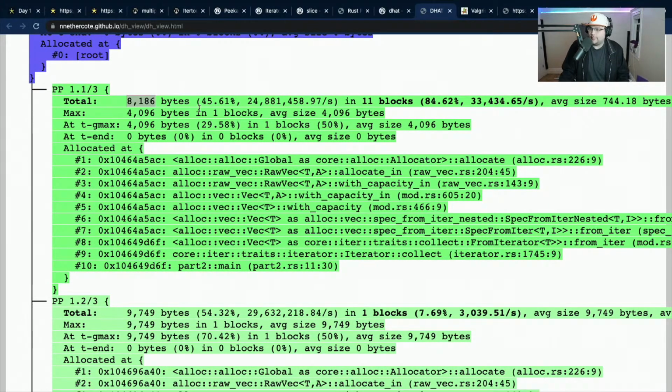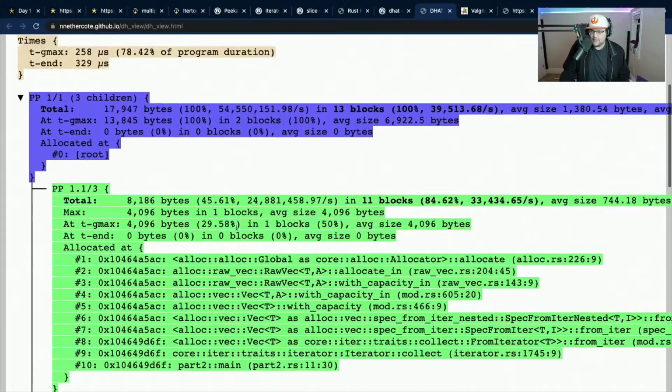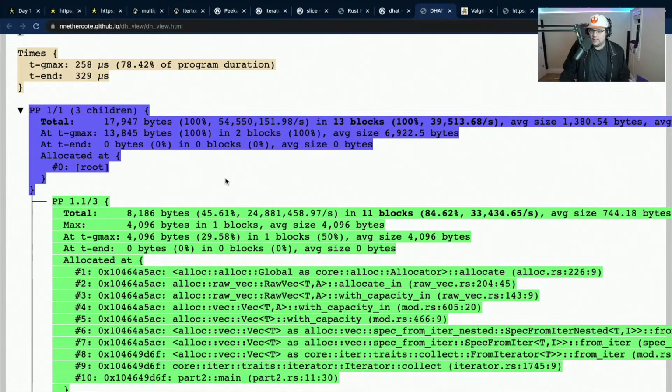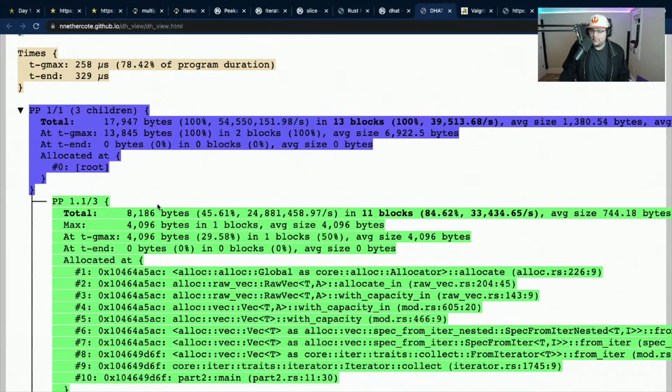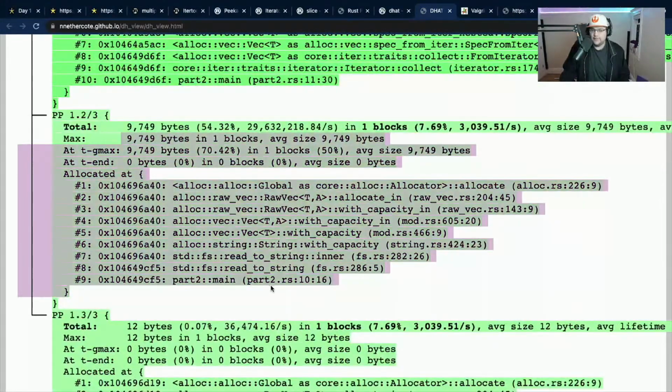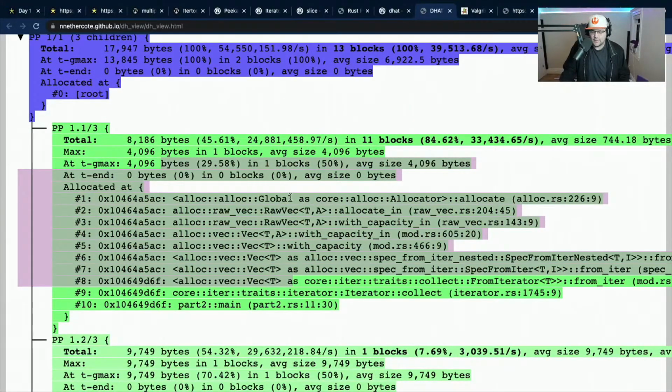It would be really easy for me to go this small, on the byte size level, and miss something like that. So I think I'm happy with this for now. Reading it for today, probably enough. We have identified that there is one string allocation for the file and one allocation for the vec.